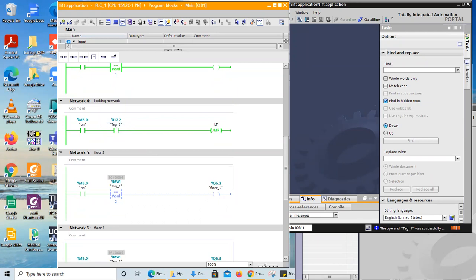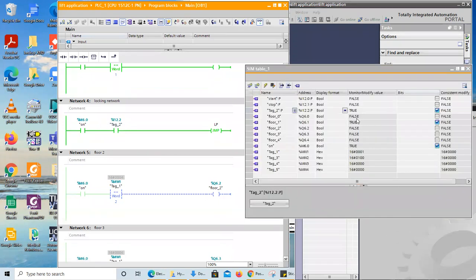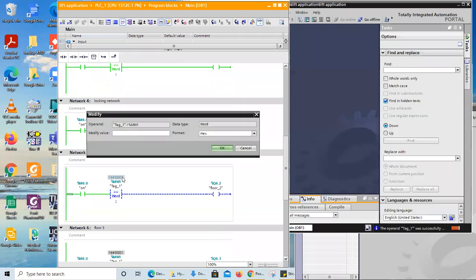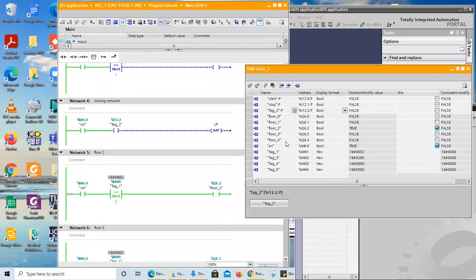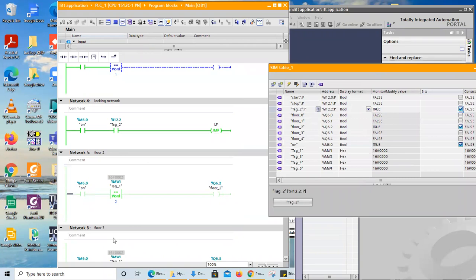Once I deactivate this jump instruction, you can see what happens. See, I'm deactivating this jump instruction now. Now I'll click the second floor. So my lift is operating in the second floor. Now once again I activate my jump instruction. You see what happens. I want to show you the importance of the jump instruction, how it works here. So I'm enabling this controller. See, now second floor is in on position only. Now the program won't go into the jump loop. Now jump instruction is activated.